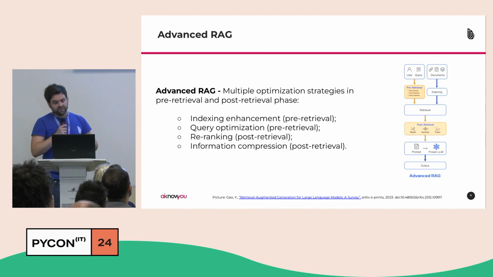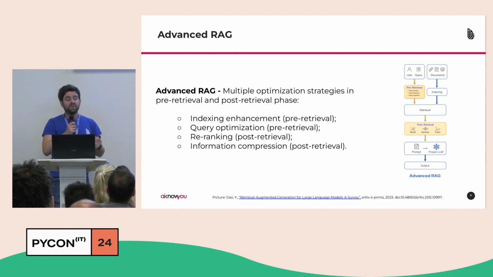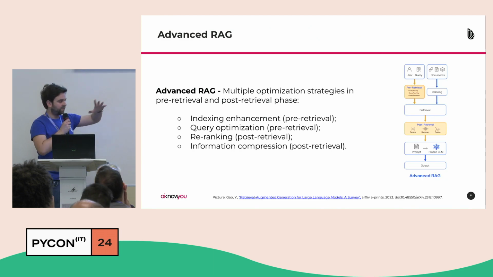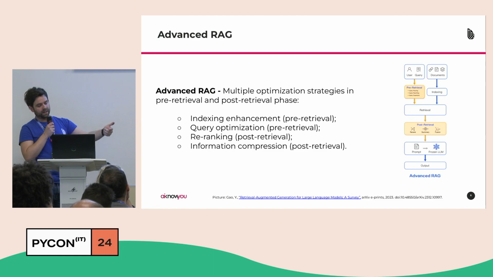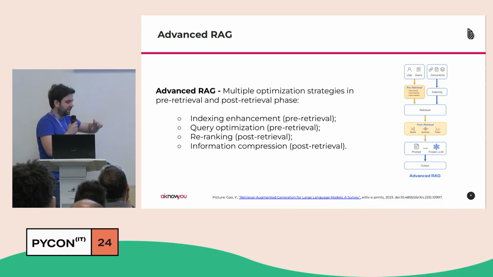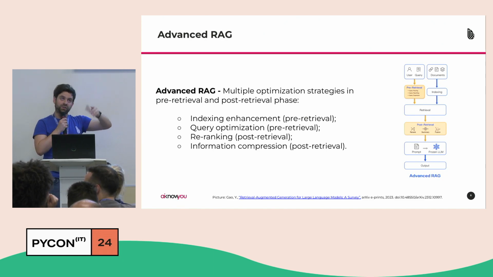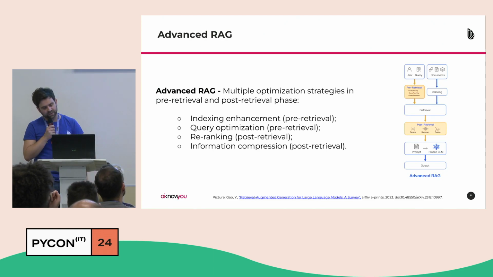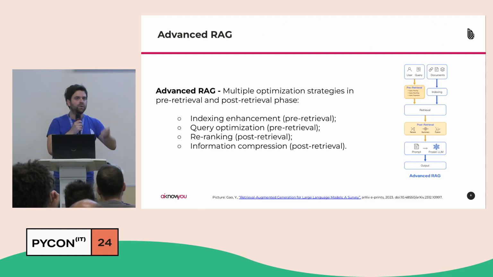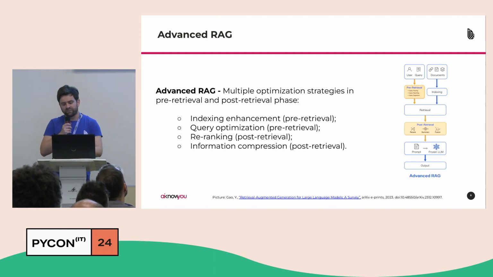The second part is the post-retrieval. So we have our documents, we can, for instance, re-rank them. So we have top K in an order. We use another model called ranker or re-ranker, and we can arrange these documents in a different order, or we can compress, so reduce redundancy and compress information, fusing and combining different outputs.